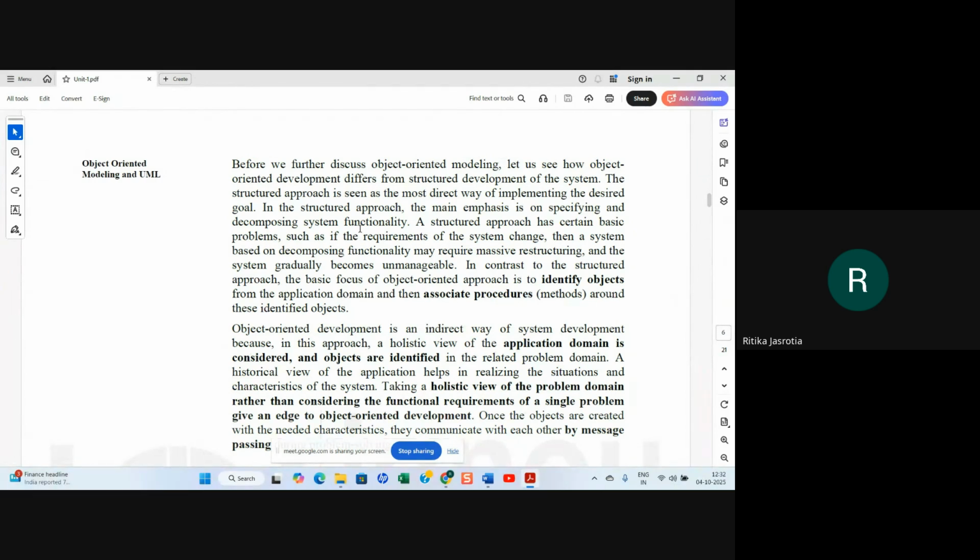A structured approach has certain basic problems, such as if the requirements of the system change, then a system based on decomposing functionality may require massive restructuring and the system gradually becomes unmanageable.